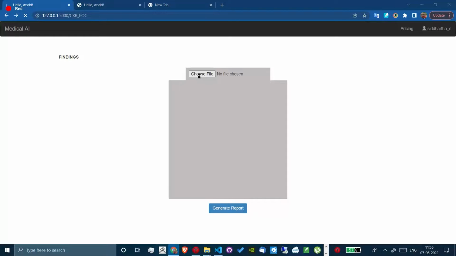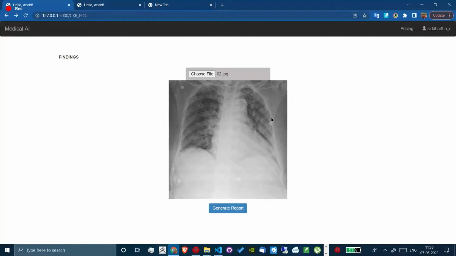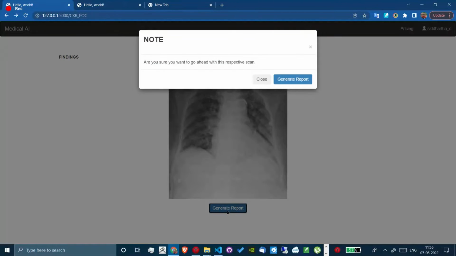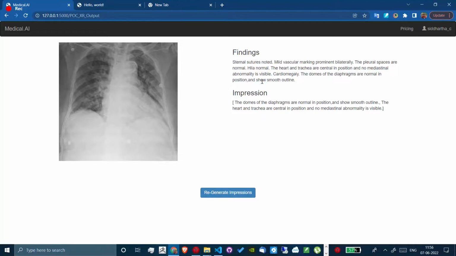chest X-ray to generate the reports. I've chosen the chest X-ray of a patient. I'm going to click generate report, confirm that, and within a few seconds it has generated the findings and impression for the respective scan I fed into the